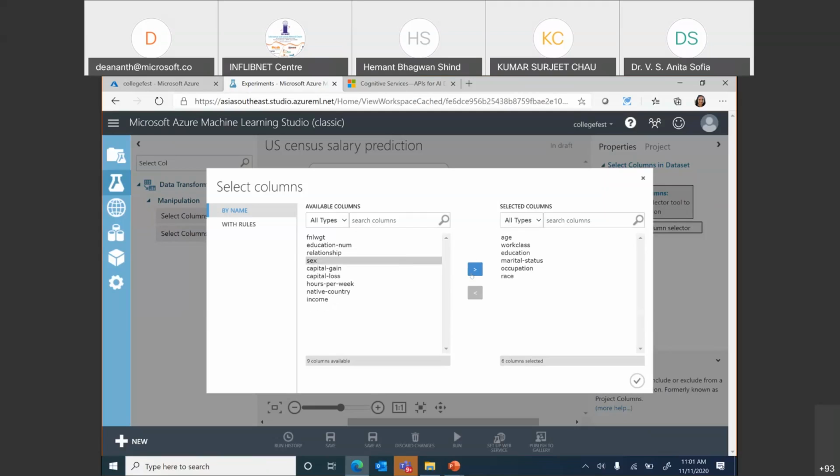Gender, we know that men are more heavily paid in the industry. The number of hours a person works. Since we are predicting the income, we will take the income as well. In fact, I will take out the race and add the native country over here. So there are basically 9 columns that we have selected.